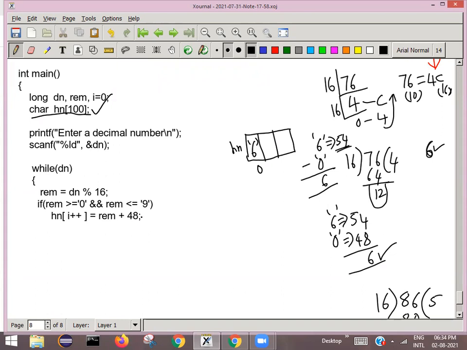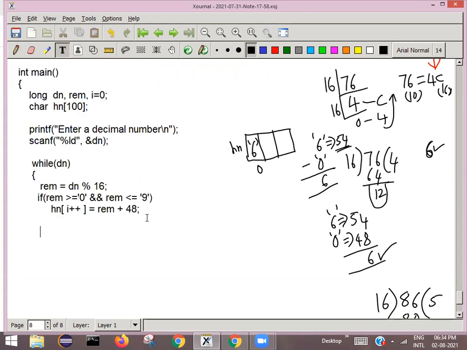Now the second case, else. If it is a number between 0 to 9, then we store it as a character. Else, then check again. All the conditions we need to check here.